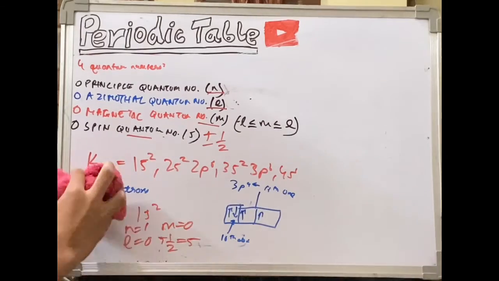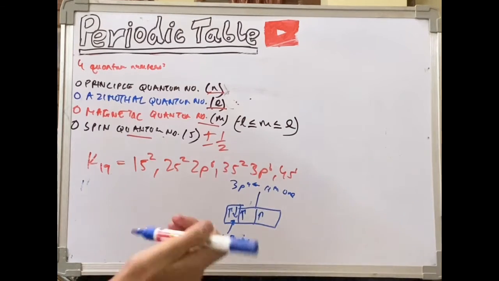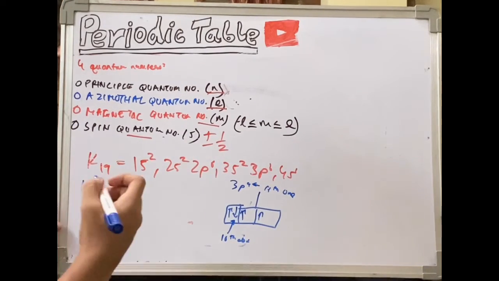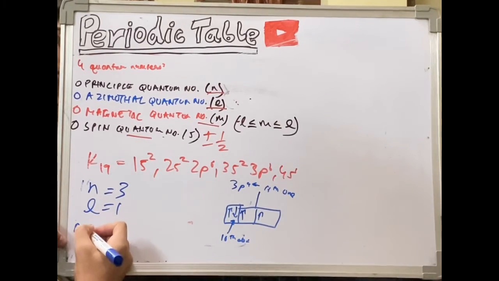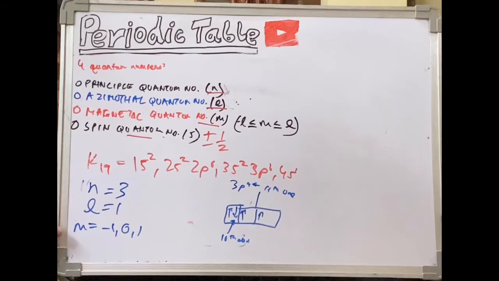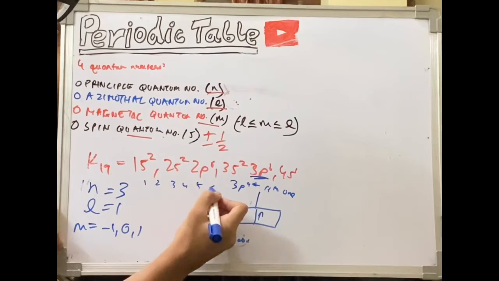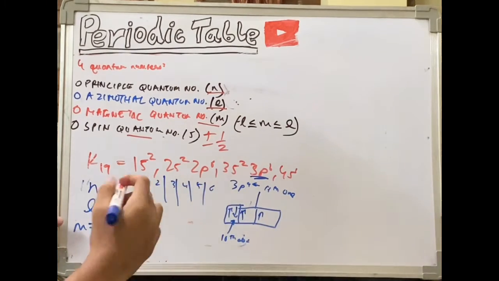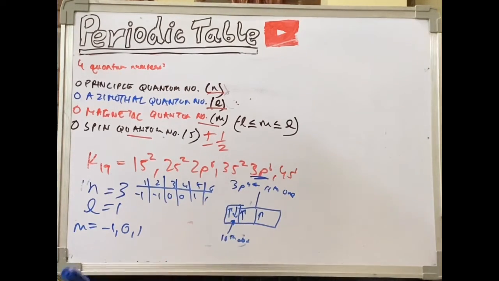Okay. So let's get back to the 16th electron. As we know, m varies from minus l to l. So here we got n as 3 and l as 1. So the possible values of m will be minus 1, 0, and 1. If there are 6 electrons, 1, 2, 3, 4, 5, 6 electrons, you can write it as minus 1, minus 1, 0, 0, plus 1, plus 1. So it will automatically sync up with your answer in the MCQ.